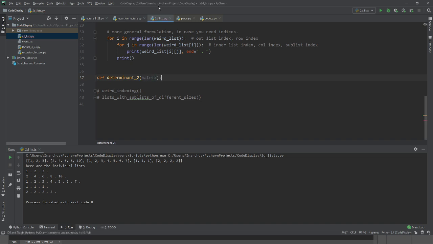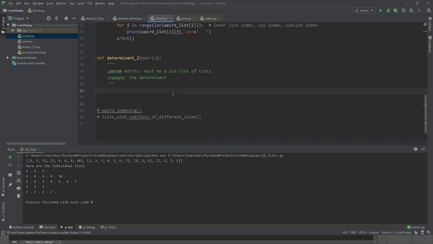And so what we're going to do is assert that matrix must be 2 by 2, and it's going to return the determinant. So yeah, I think this is actually a fairly good example just because it's more practice with indices. Anyway, okay,